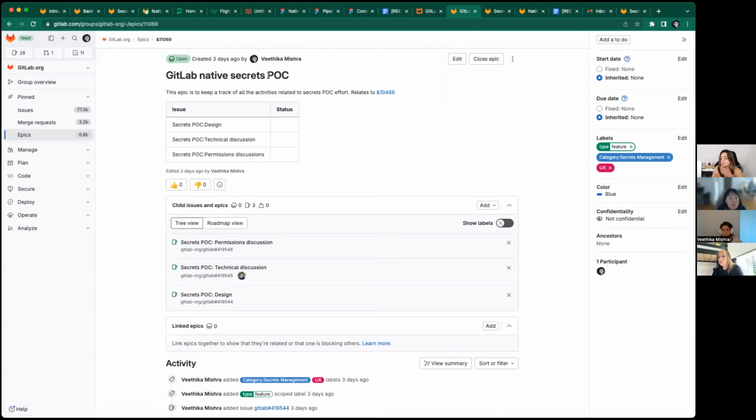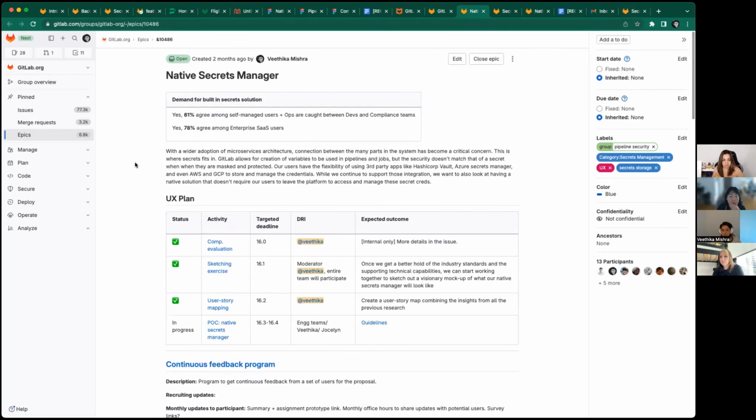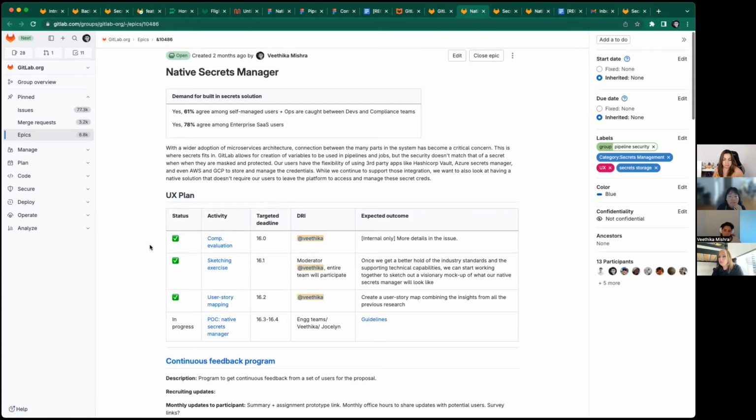And I want to reiterate that it's just a POC because I would also need some feedback on what I can remove from the proposal, because we want to keep it very bare minimum feature-wise. Looking at the background of how this has been evolving, after looking at Erica's research reports, I started off with a competitor evaluation just to get an idea about how the industry is going about